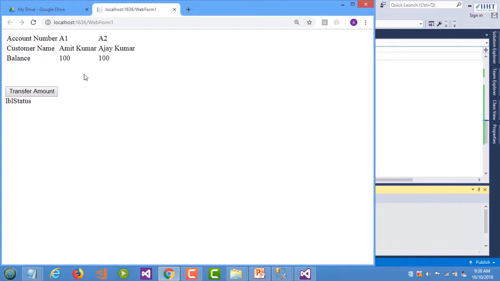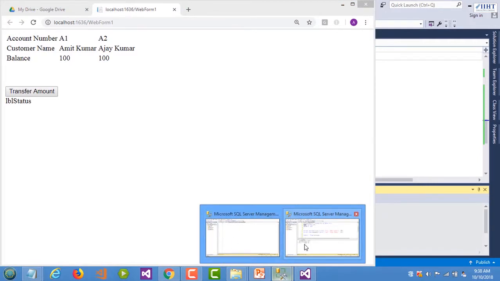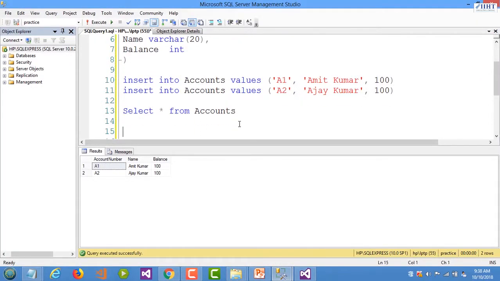Okay. Now we wanted that when we click on the transfer amount button, what should happen? I wanted to transfer 10 rupees from this account to this account. So what should happen? We are actually firing two update statements simultaneously. So if we go to our database, we wanted to write these statements. Update accounts set